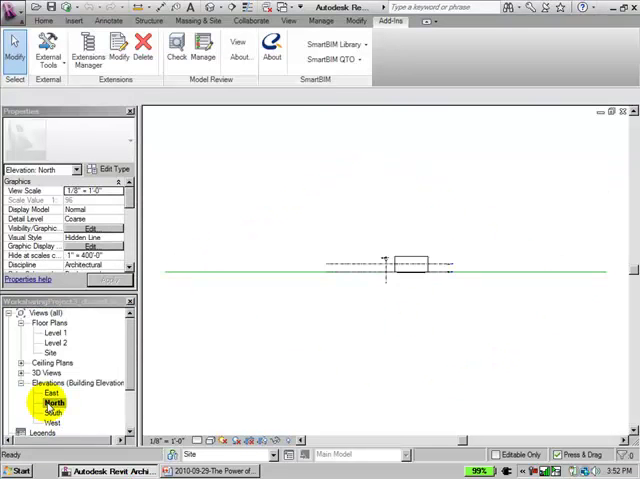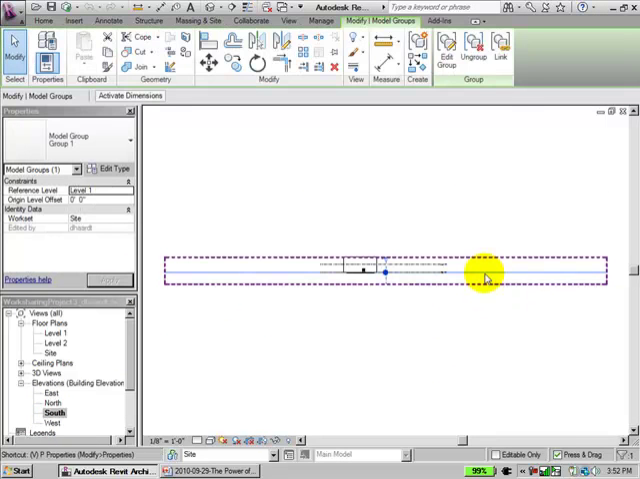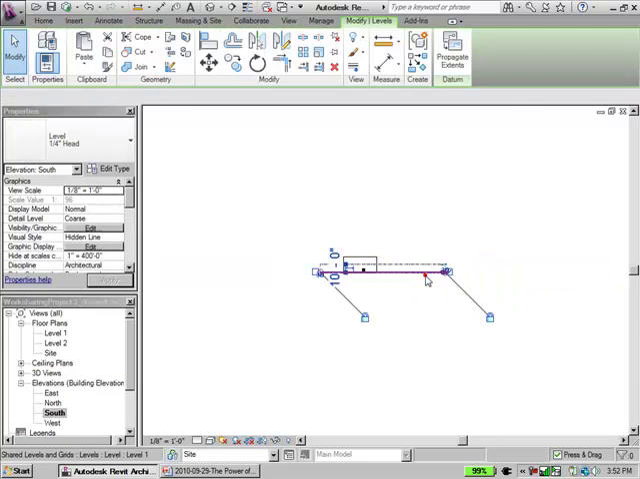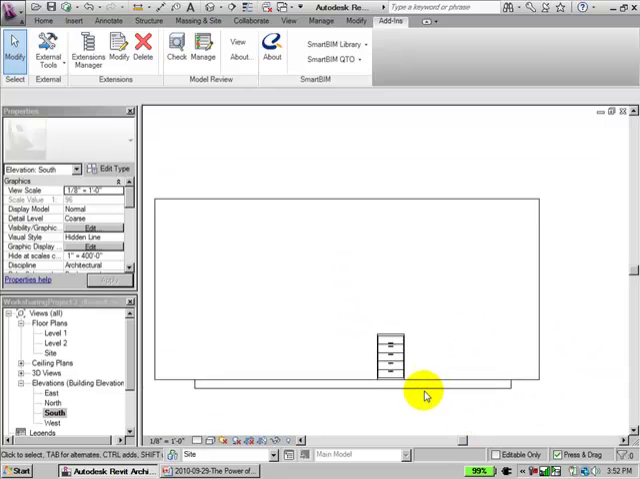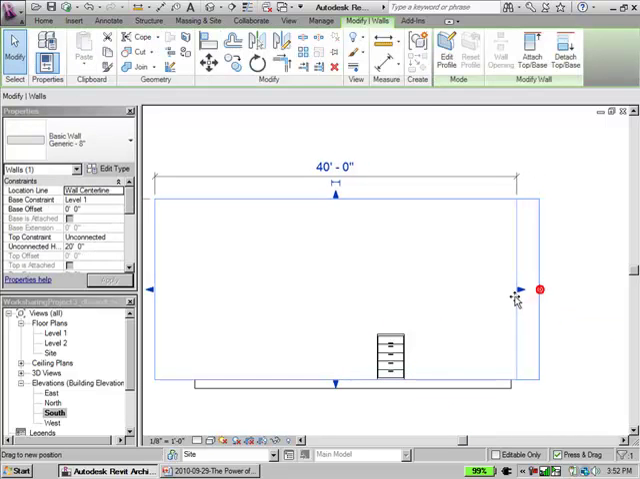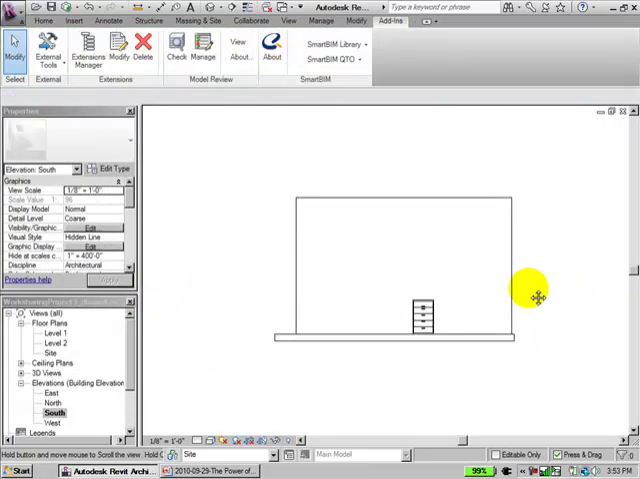and I'm going to take a look at, let's see here, my south elevation and clean it up so that we can use this as a drawing that we may want to freeze. Okay, so